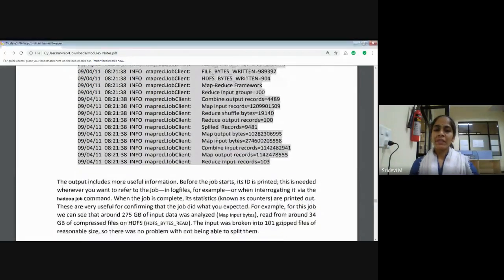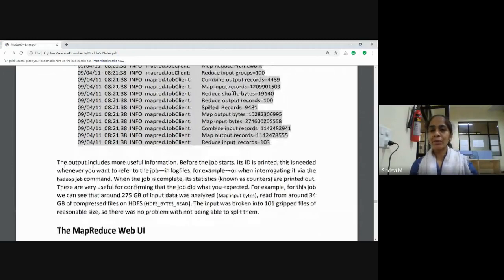Reasonable size means it has to span a particular map task. It should not underutilize a node. It has to utilize a node up to its capacity. For that, we say reasonable size.